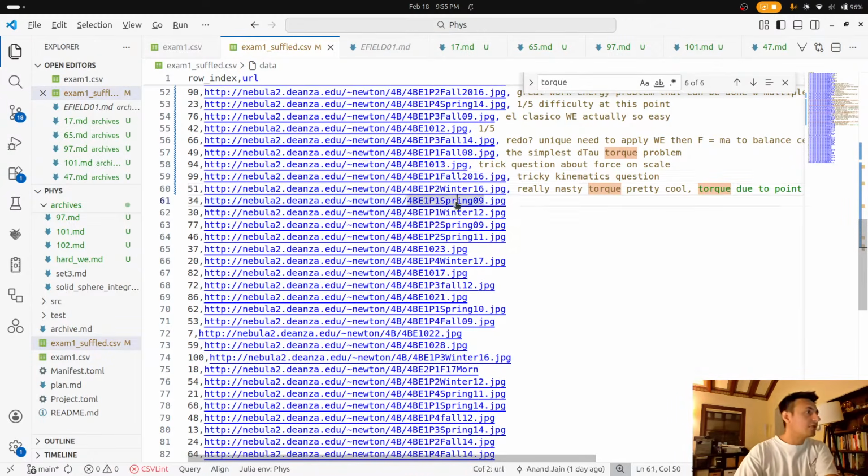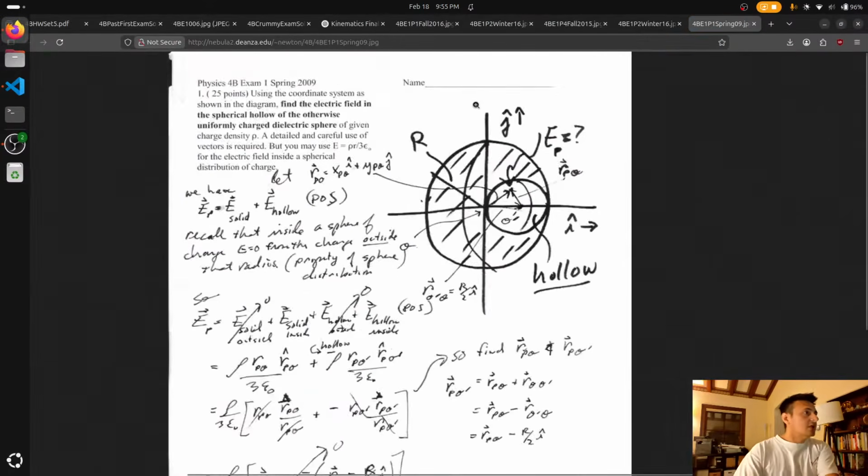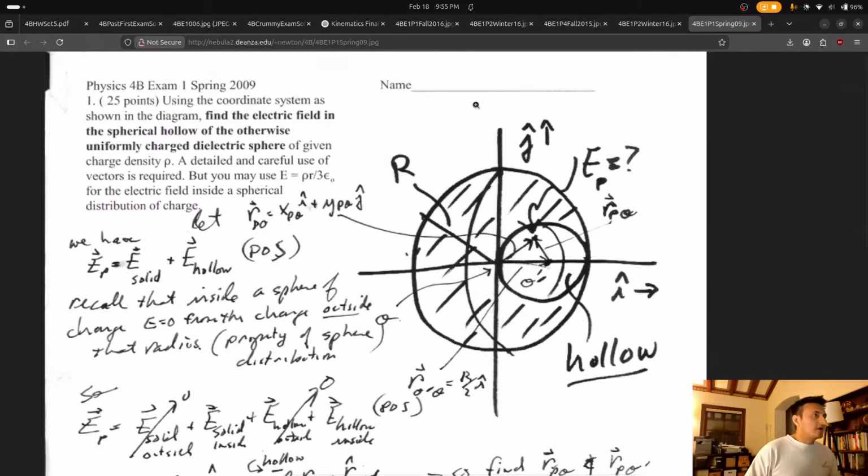Okay, so 34. Using the coordinate system as shown in the diagram, find the electric field in the spherical hollow of the otherwise uniformly charged dielectric sphere given. Okay, he gives you the thing. So the thing is,